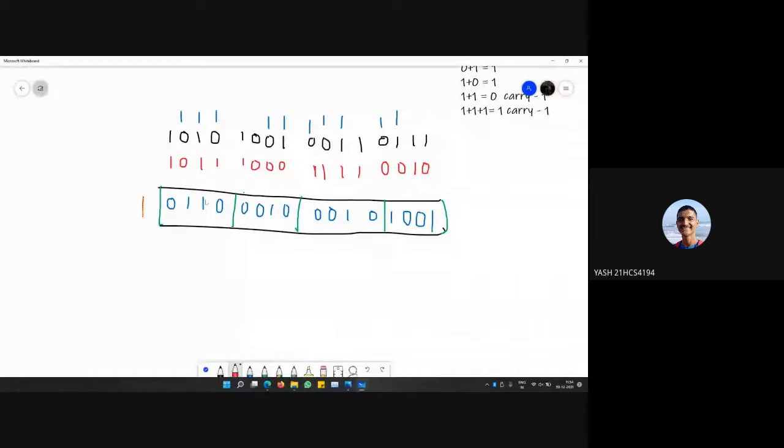So 0110 is corresponding to 6, 0010 is corresponding to 2, 0010 is again corresponding to 2, and 1001 corresponds to 9. So our final answer will be 6229, neglecting this one bit because we cannot store more than a 16-bit value in the DR or the AC register.